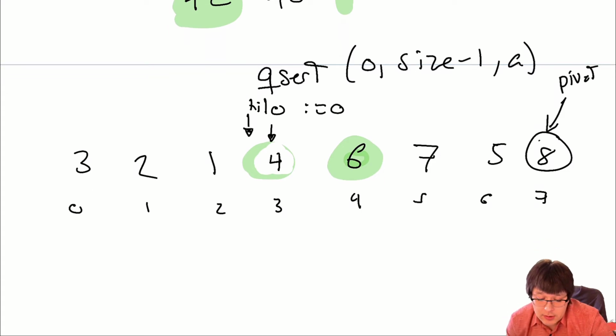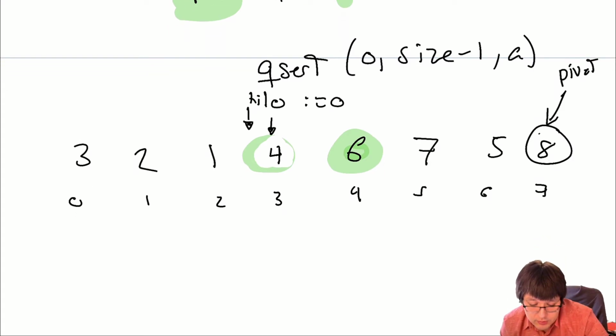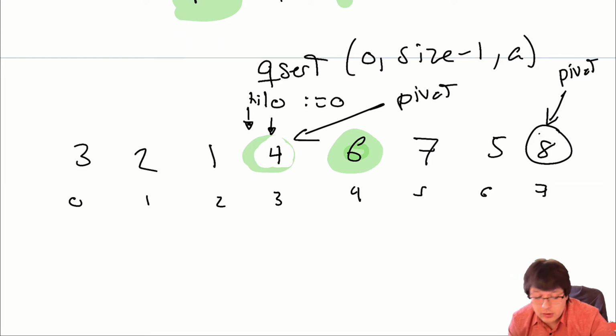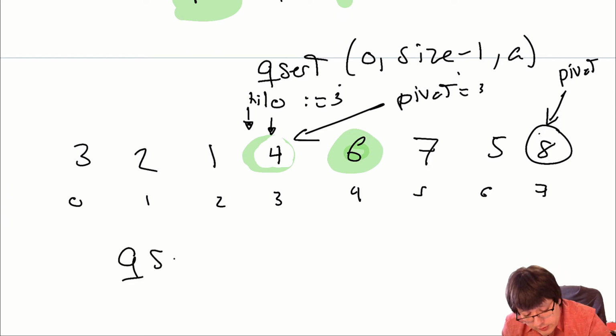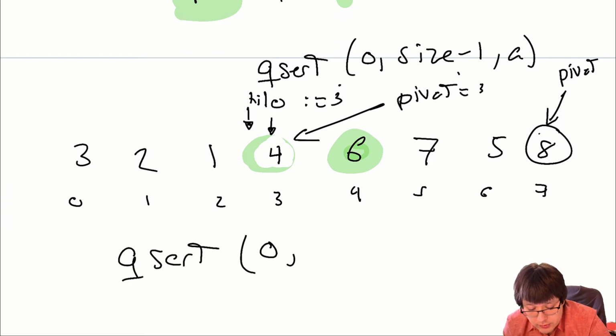Okay, cool. The next two calls that we're going to have are... we have to remember though that this is the pivot. So essentially, high and low are currently pointing to 3, and pivot is going to be 3. They might not be the same. Again, it could be 4, depending on the scenario. So the two recursive calls are going to be Quicksort 0 to 2,